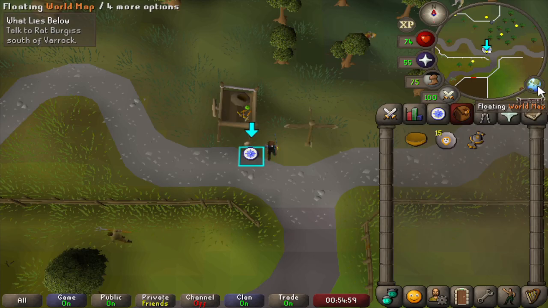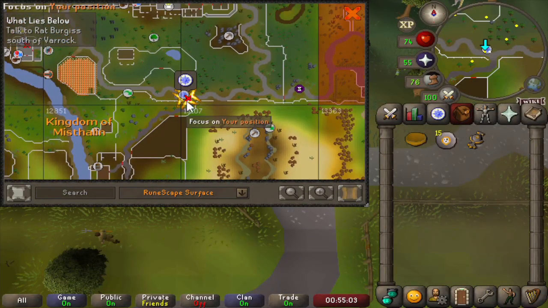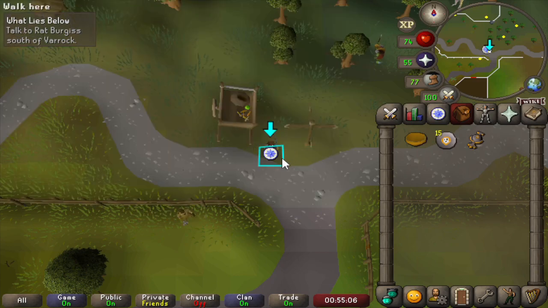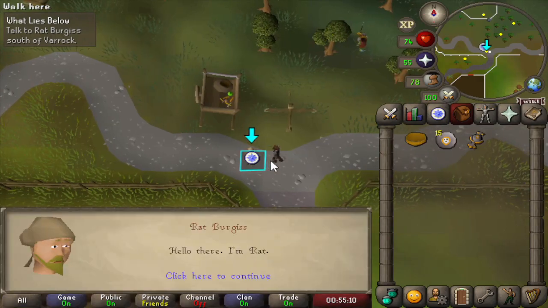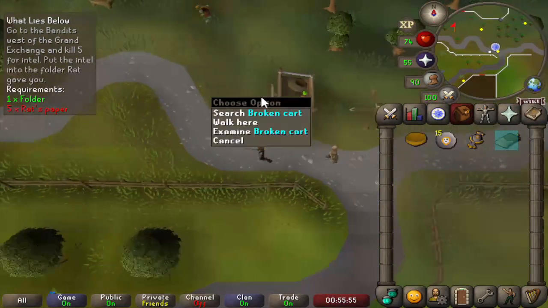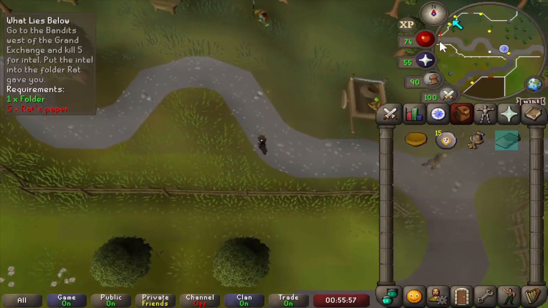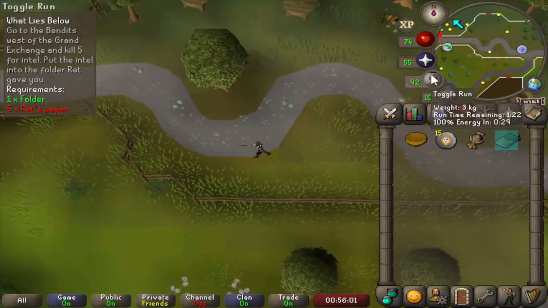Here we are at the crossroad just above Al Kharid and Lumbridge, and here we can start What Lies Below by talking to Rat Burgiss. Let's see what he has to say. So he mentioned his cart was ransacked and some outlaws stole some of his documents, and that's what we need